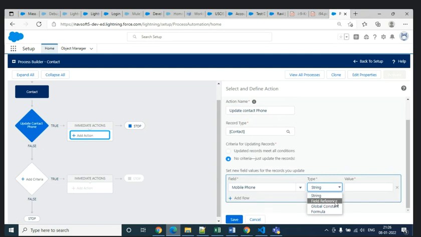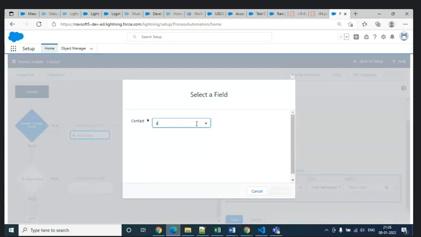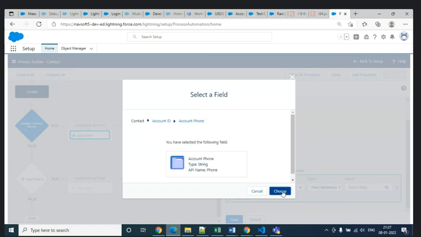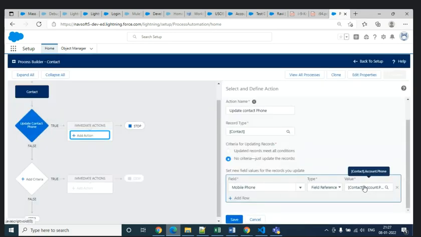Mobile phone, field reference. The field should come from the account, account phone. So the value should come from the account. Only the value from the contact's related account should come and update accordingly.